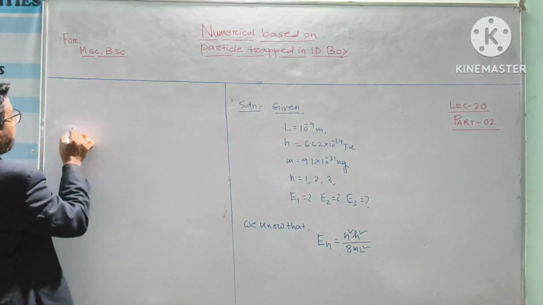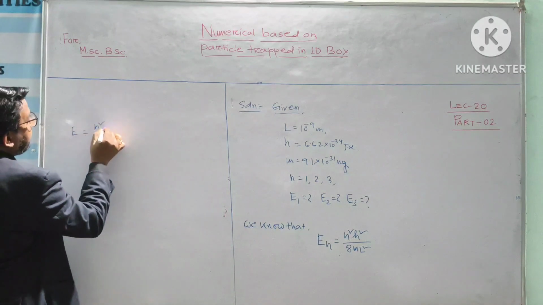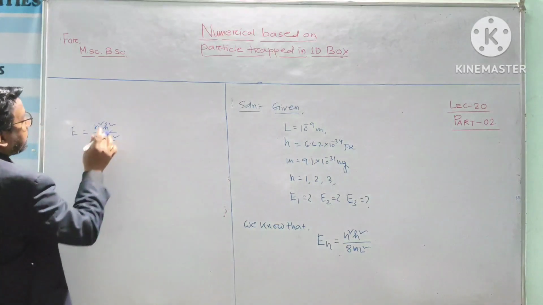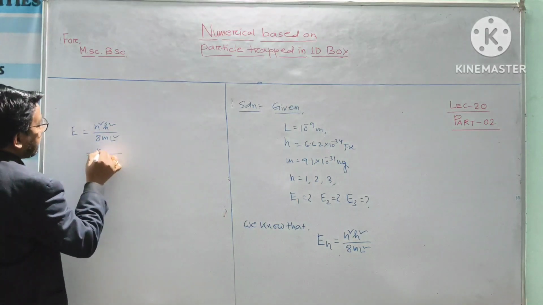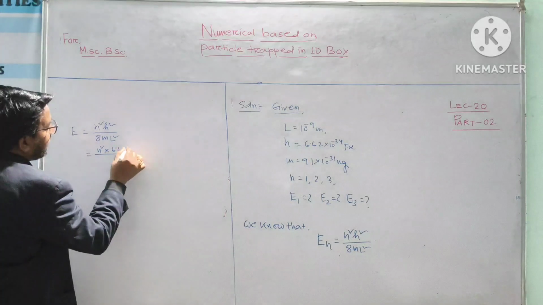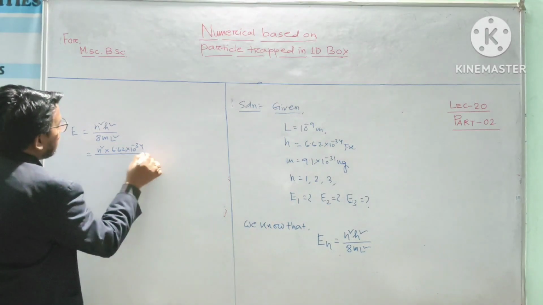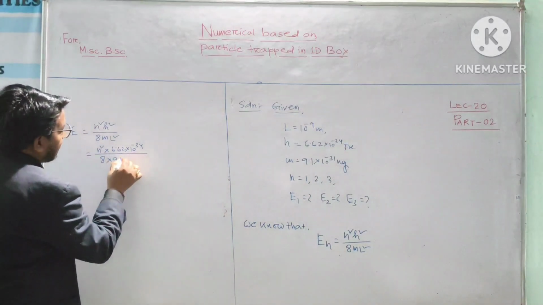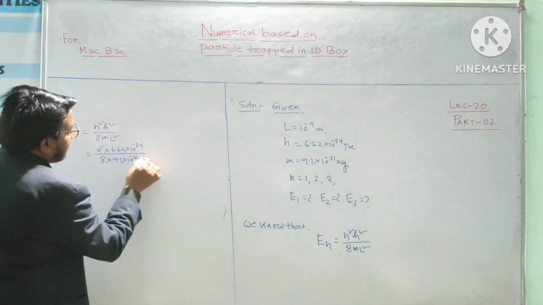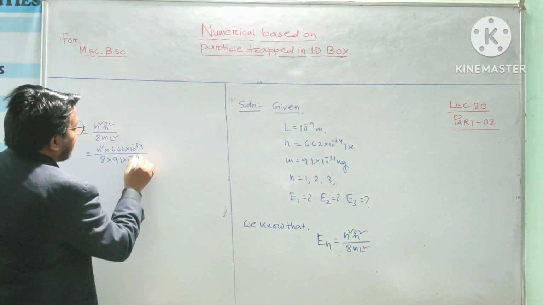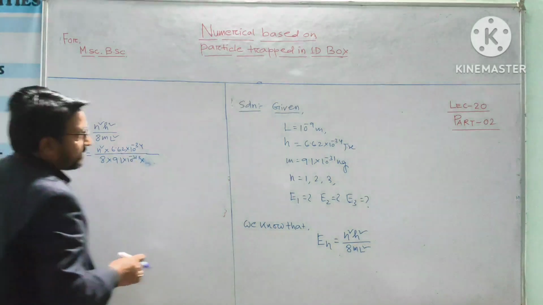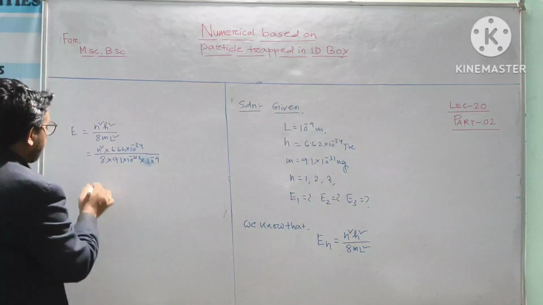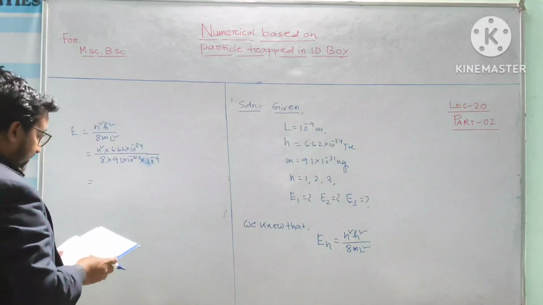We can write E equal n square h square divided by 8 m L square, and we know the value of h, that means n square into 6.62 into 10 to the power minus 34, divided by 8 m, this is the mass of electron, so 9.1 into 10 to the power minus 31 kg, into L square. This L is equal to 10 to the minus 9 meter. After solving this part, we can write